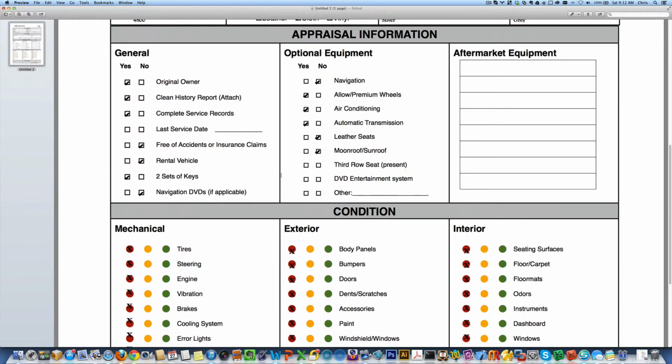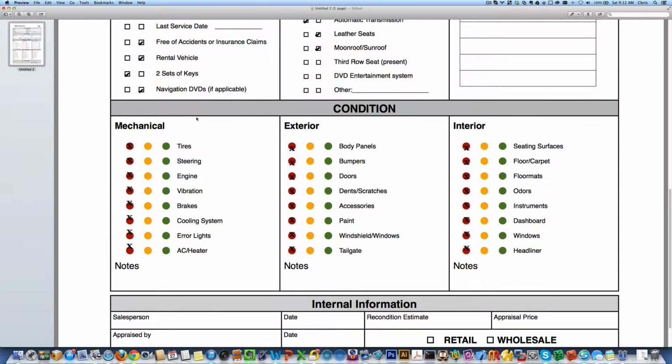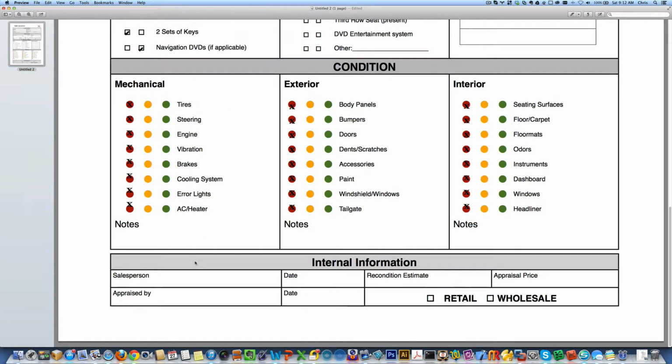We went ahead and skipped a couple of steps so I could not make y'all look at this, but if you look at everything, it's all filled out. Just a couple of things to note. At the bottom of this page, the internal information is very, very important. We need to put who the salesperson is that's doing this,